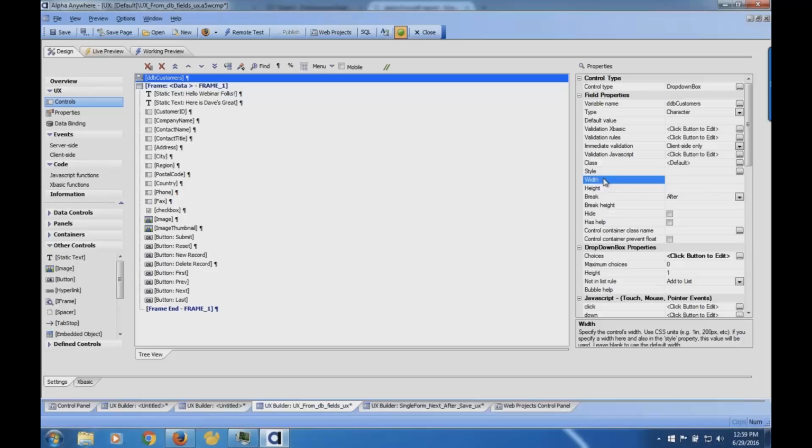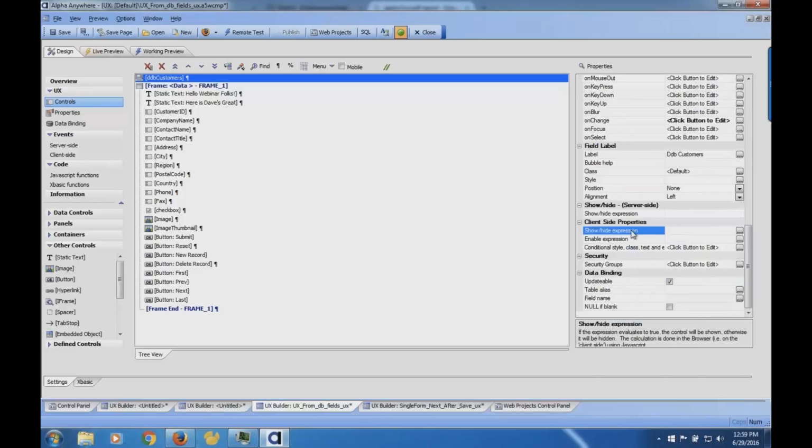Here's a question we can't get to because we have 30 seconds left, but one I'd like to get to next time: on a UX, how would you hide or show buttons based on the user's login? Yep, we'll cover that next time. It's a variant of the show. It's sort of like enable, but it's show hide, and we'll talk about how you can use what are called session variables to do that. But I want to do it justice and talk about how you set the session variable to be used later on.